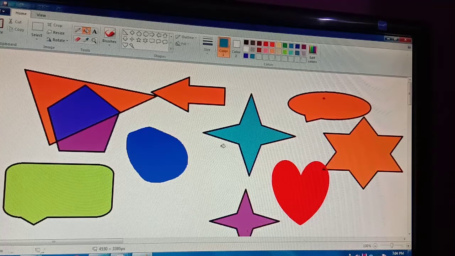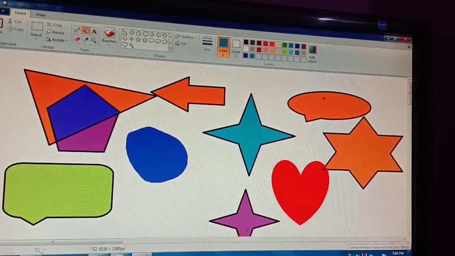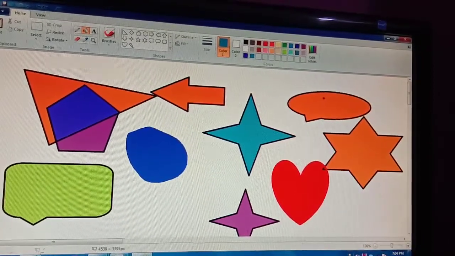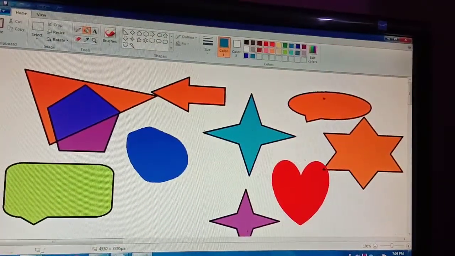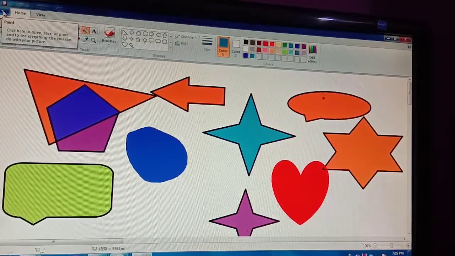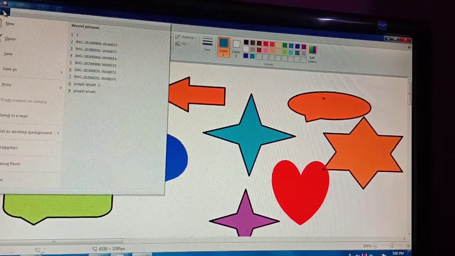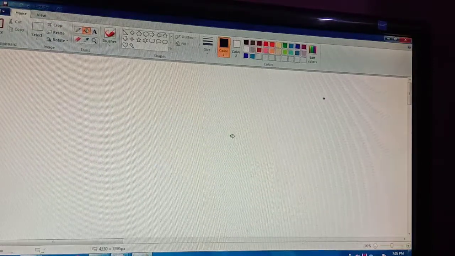To select any shape, move the mouse pointer to the tools in the shapes group and click on it. First of all, today we learn about shapes, as I showed you how to make shapes, okay. So let's take another page. For taking another page, we have to click on this office button. This is your button from where you can select new. As I click on new, a new page will display.